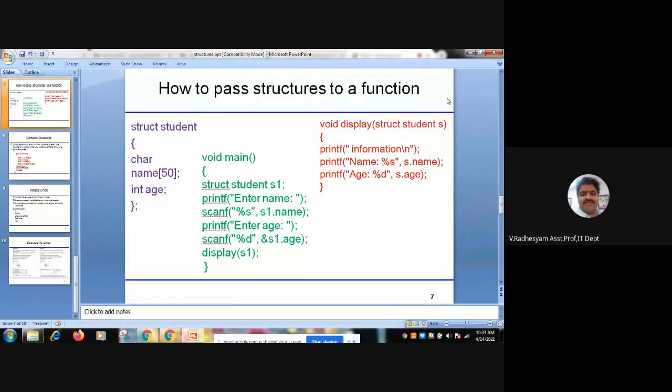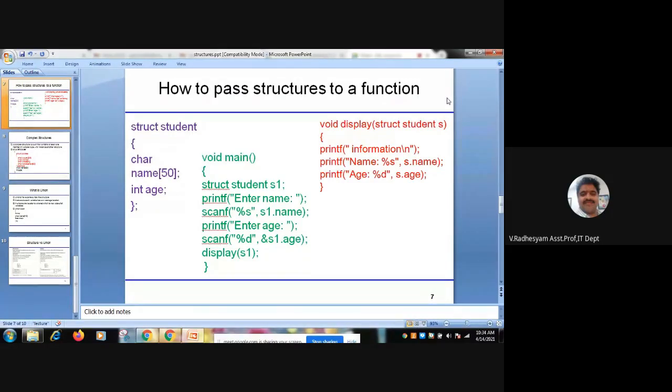Yesterday we saw that we can pass an array to a function as an argument. What is the example we discussed in the class? Standard deviation, sir. Yes, good.